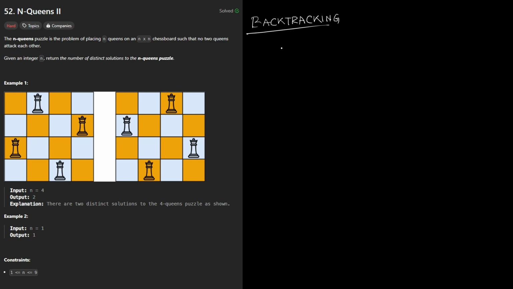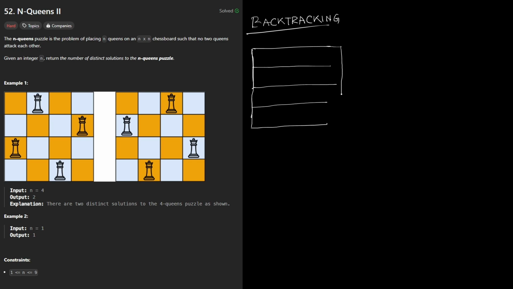So let me create a chessboard. Let me create a 4 cross 4, because if it's a 3 cross 3, there is no possible way of placing 3 queens on a 3 cross 3 board. It's not going to work. So if you know chess,